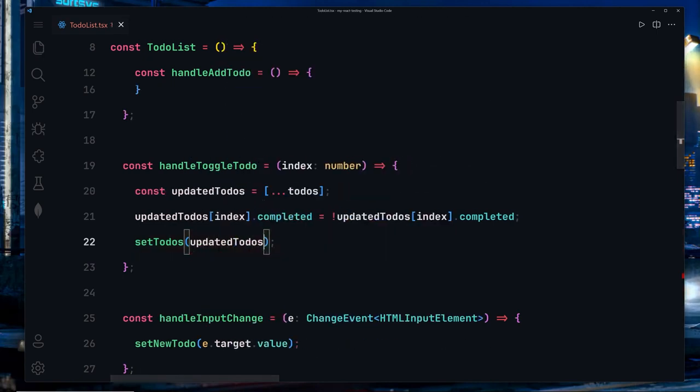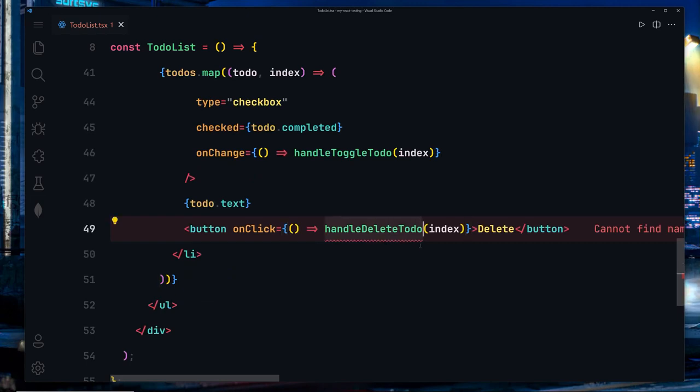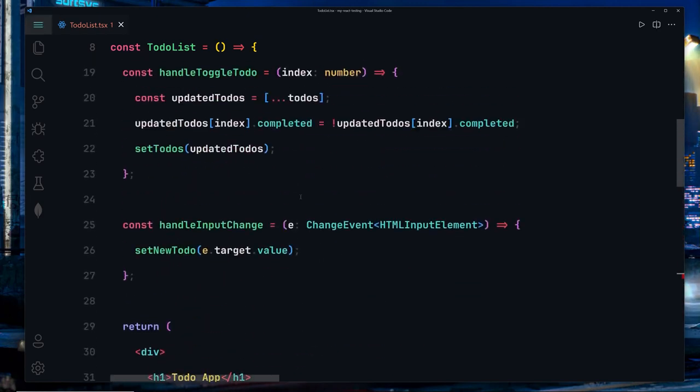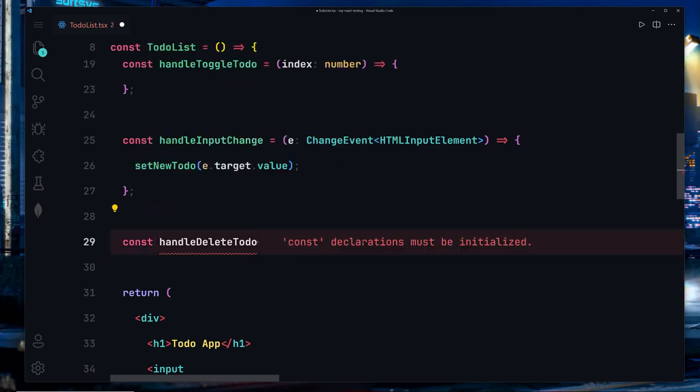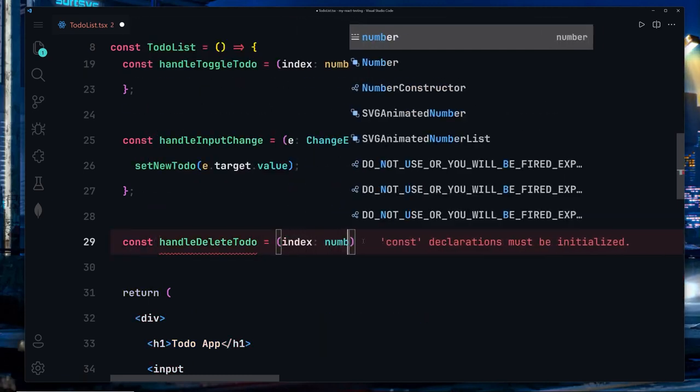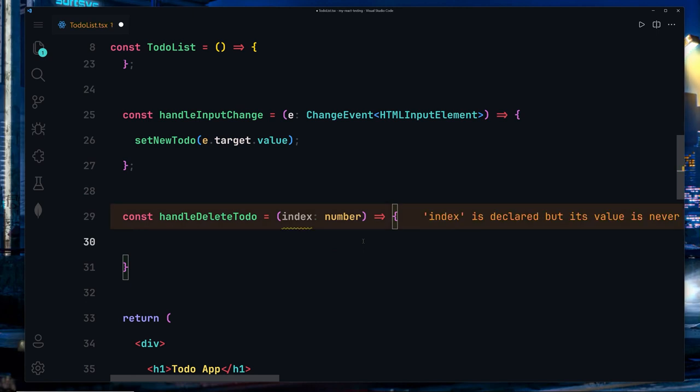Now let me just save my file. And finally we just have to take care of this handleDeleteTodo. So I'm going to create it maybe right here. I'll use const handleDeleteTodo. I'm gonna pass the index, and that's gonna be set to a number, and I'm gonna say todos